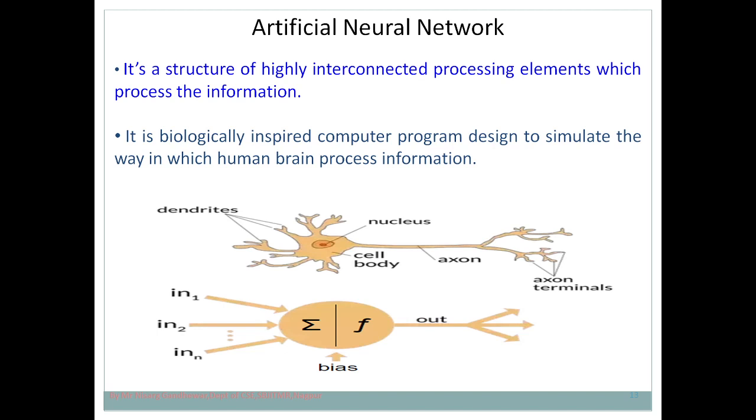Suppose you touch a very hot thing, your hand gets pulled out suddenly. How is this happening? Who decided that? Your brain decided that. When you touch something very hot, your brain gives a command, an action, and you just take out your hand. So how does your brain work? Your brain is made up of millions of neurons, all connected with each other, and each neuron has the capability to process a huge amount of information.